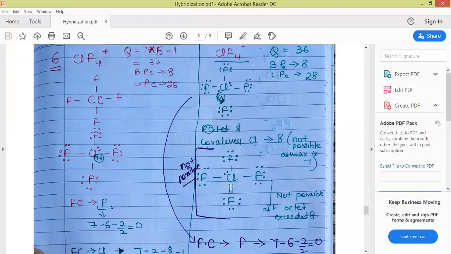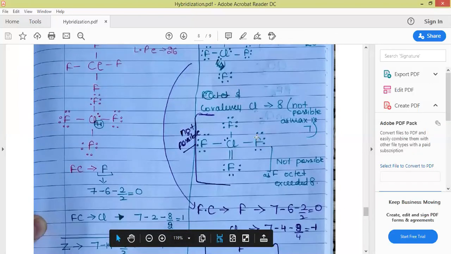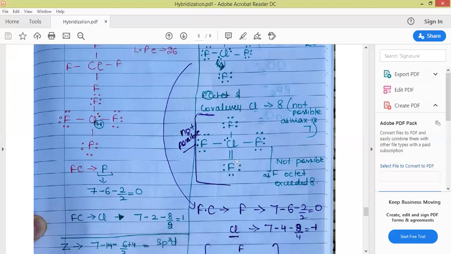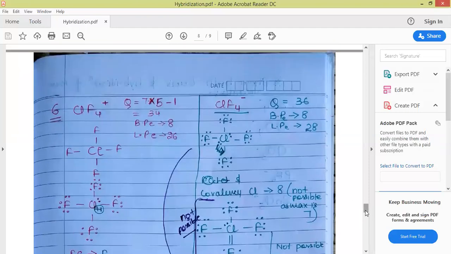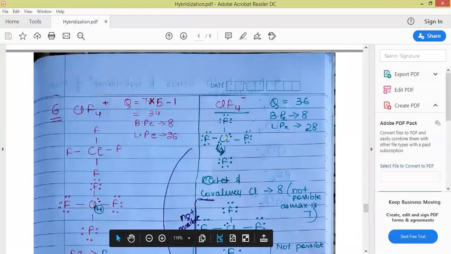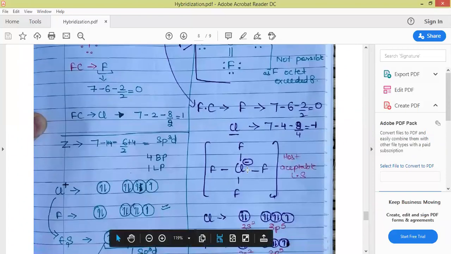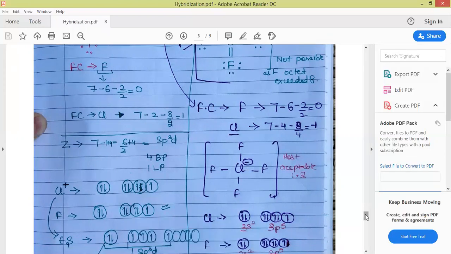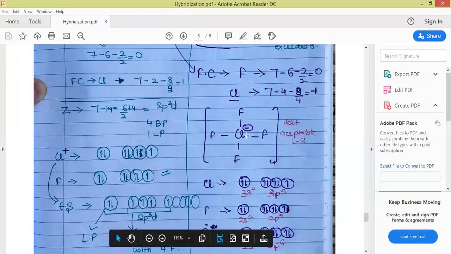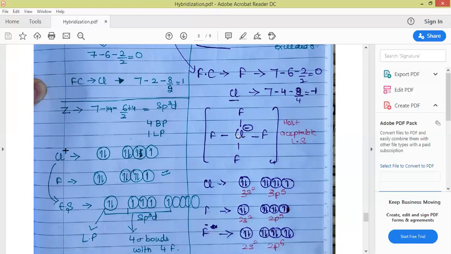But when we try to make another structure, here the octet of fluorines gets overfilled, which is also not possible. But we can get the relaxation of the covalency whenever there is no option left with us. So we'll consider this as the most acceptable structure. Based upon this, the negative charge resides on the central atom. So here also, this is the drawback of the Lewis dot structures, as negative charge cannot be present at the central atom first and then at the less electronegative atom.